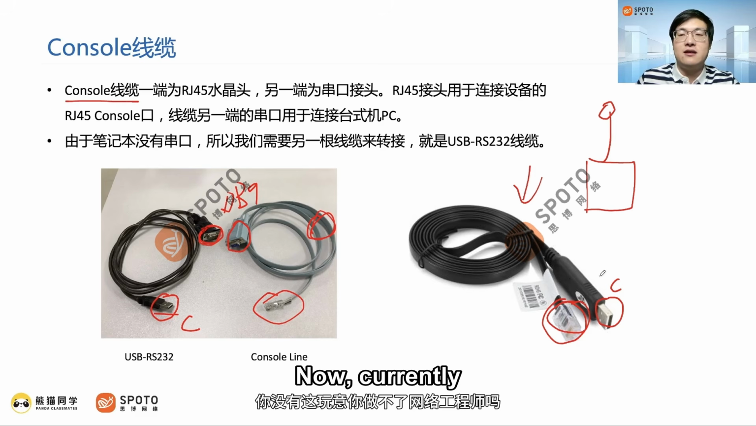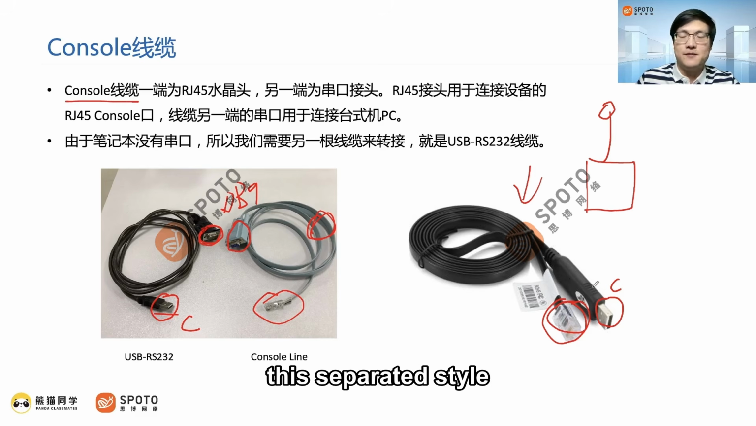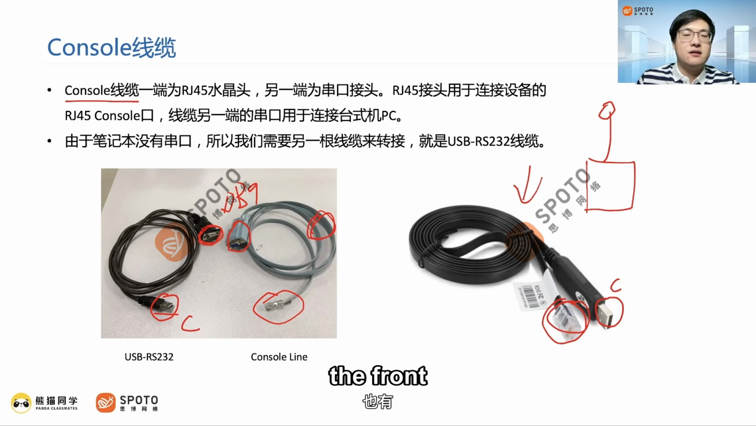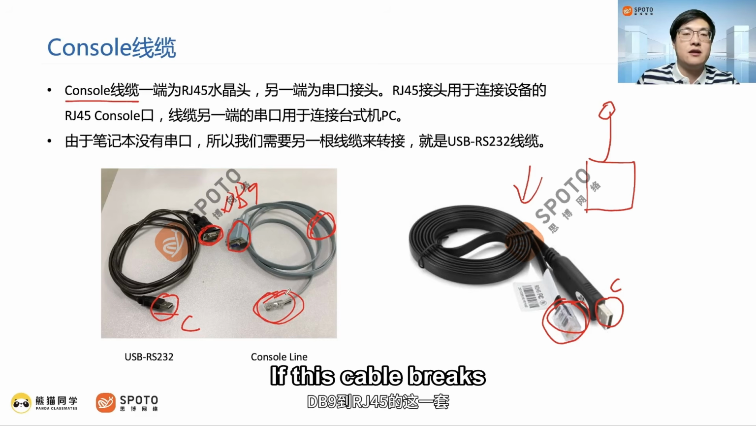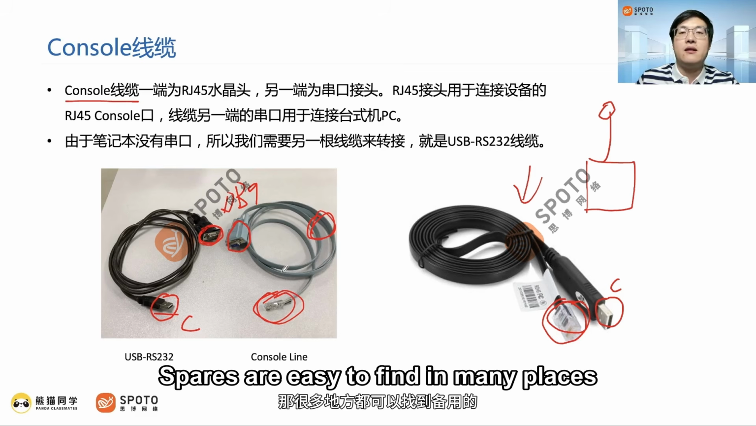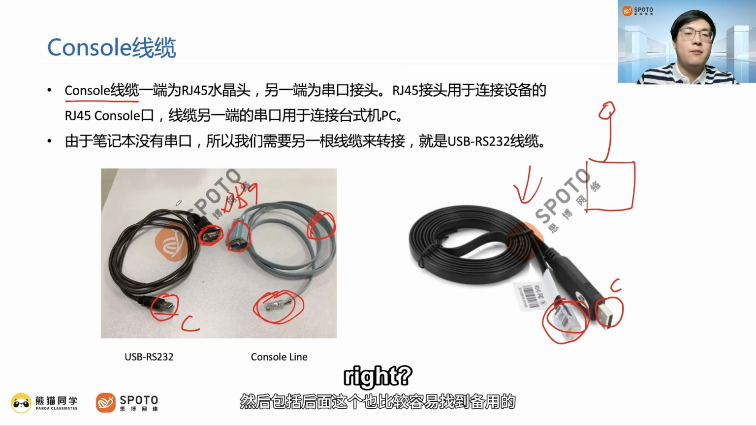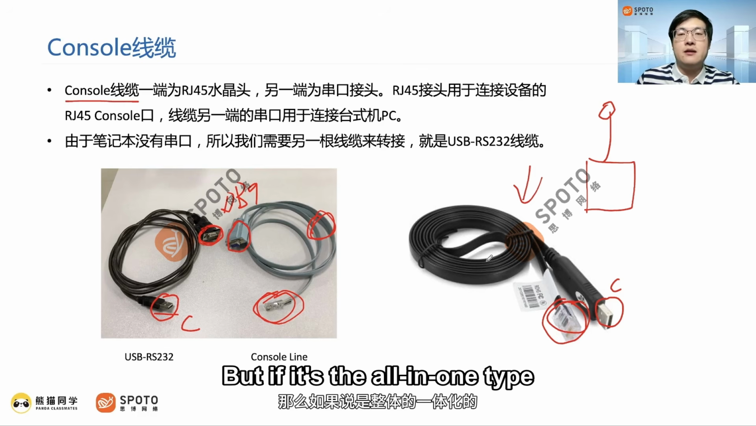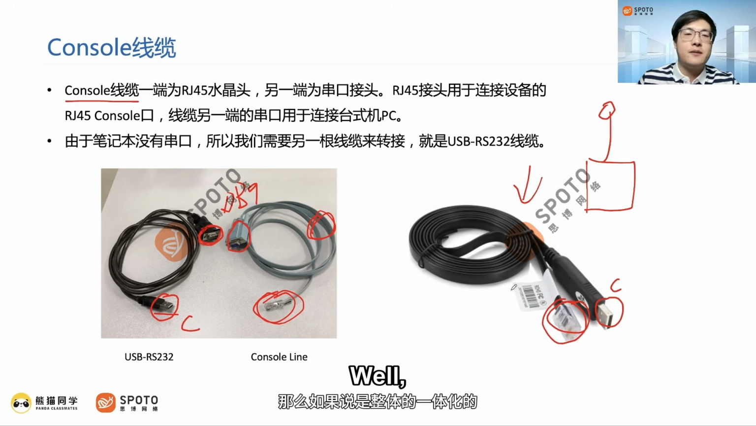Okay. Now, currently, like the first type, the separated type is also available. Why? Because for example, the DB9 to RJ45 cable, if it breaks, spares are easy to find in many places. And the back part is also easy to find. But if it's the all-in-one type,